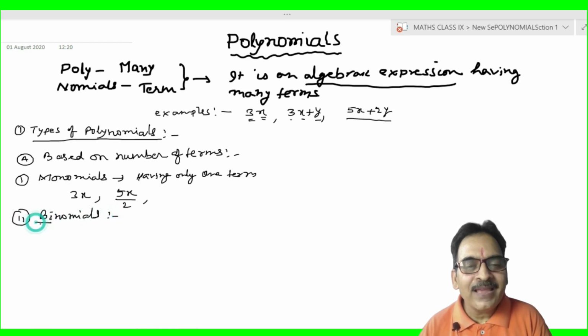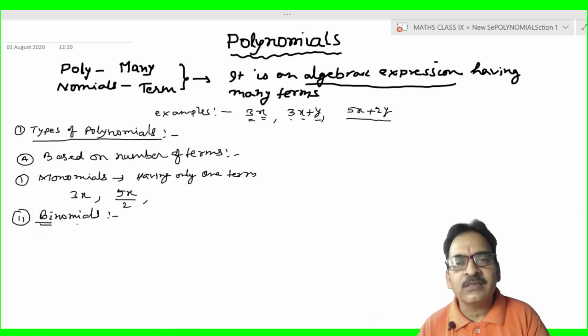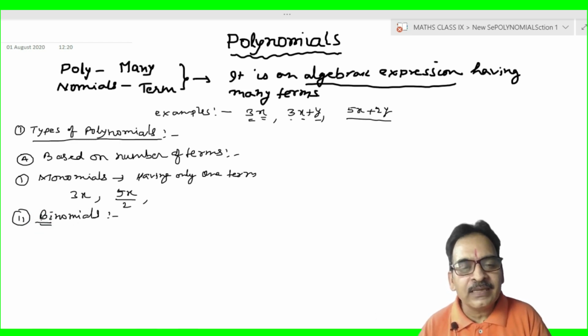Bi. The bi word indicates two. Bi means two, and nomial means term. So if we simply analyze the term, we get the exact definition. Bi means two and nomial means term, so it has only two terms. So having two terms